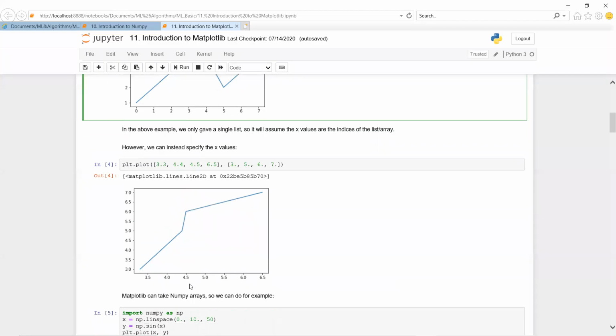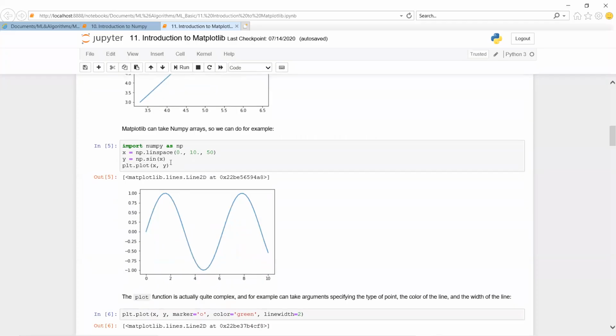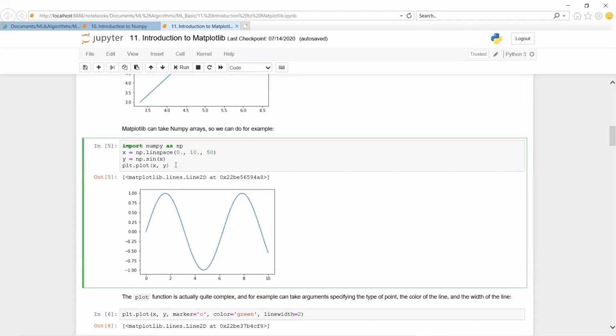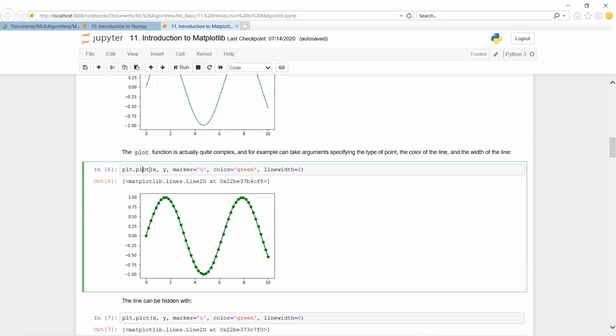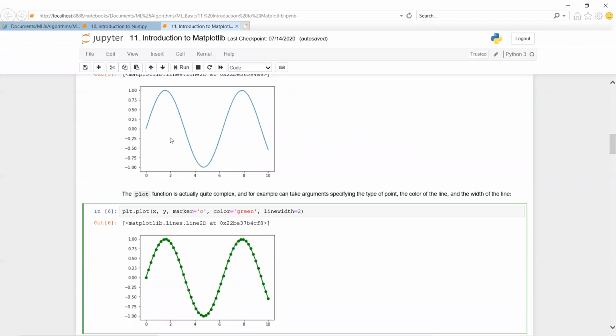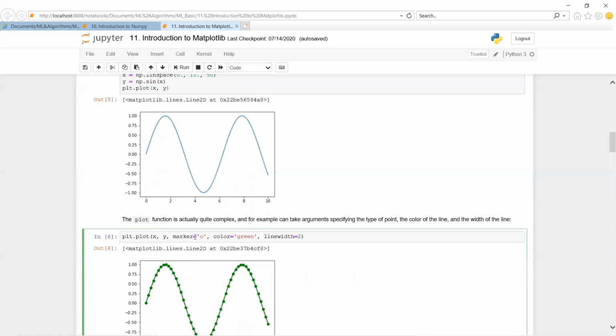Okay, and x-axis, so linspace and sin x. Here you can see, and plt.plot with x-axis and y-axis, the same thing. We are going to plot a sine wave by using the marker.